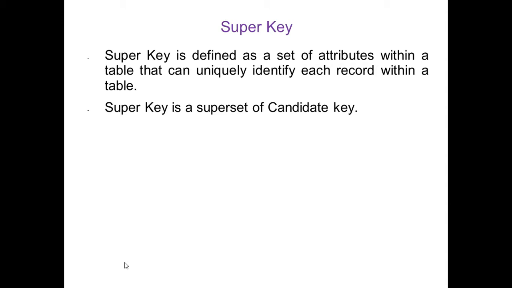But we can say that this is more than a candidate key. So it has been said that a super key is a superset of a candidate key. Means as we have seen, a primary key can be one attribute, a candidate key can be two attributes. Now the super key can be 3 or 4 attributes which can be used for unique identification.